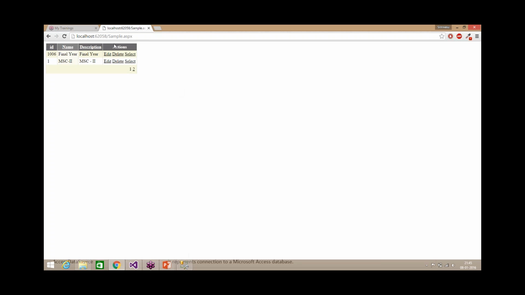Okay, in the same way, actions is not there, but ID, if you want, you can sort by ID. So all these are provided by default by your grid view, and no other control in ASP.NET provides this many features. That's the advantage of grid view. Many people are still using it, from when the grid view was first introduced, because of these many features supported by your grid view. Okay, and even